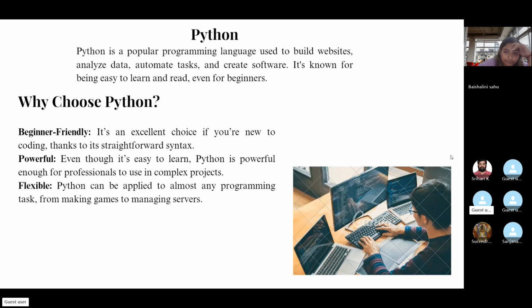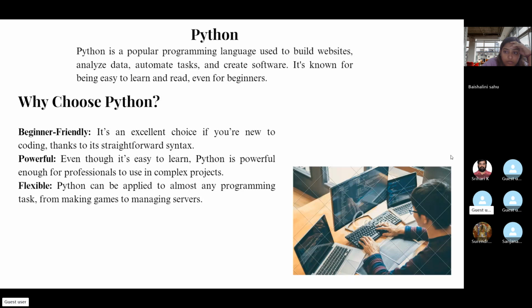So today we are going to discuss Python, not only for development and all those things. In the overview we will discuss what is Python, why choose Python, and what are the key features of Python. After learning Python, what are the use cases we can implement? These are all things we are going to discuss. First we'll discuss what is Python.